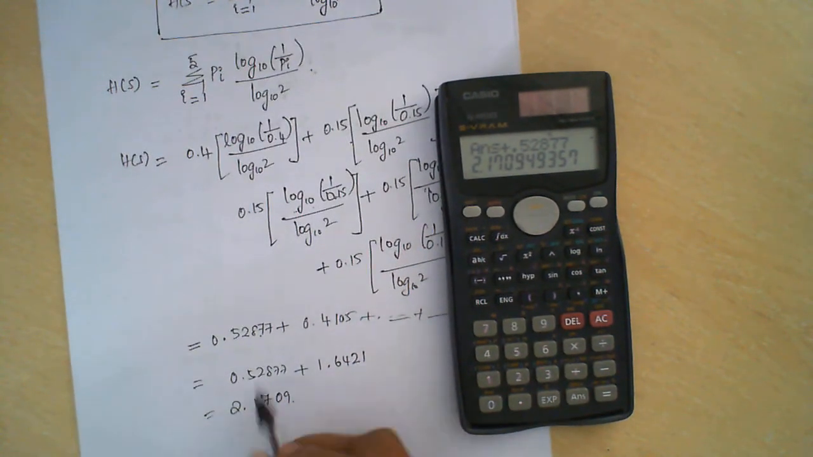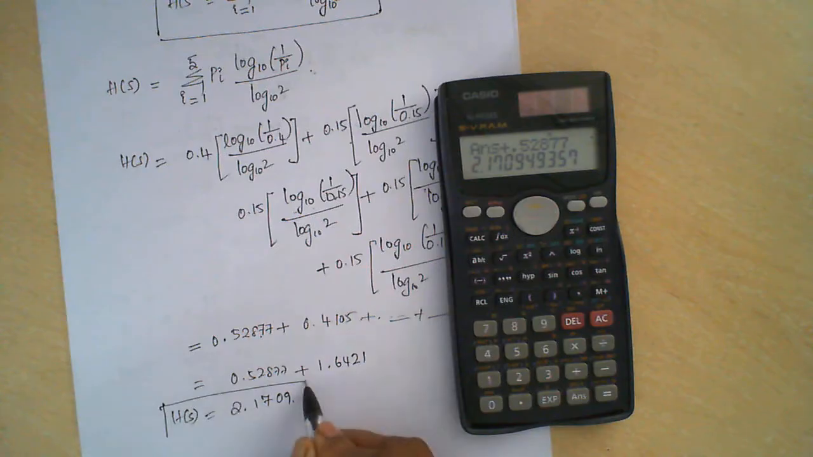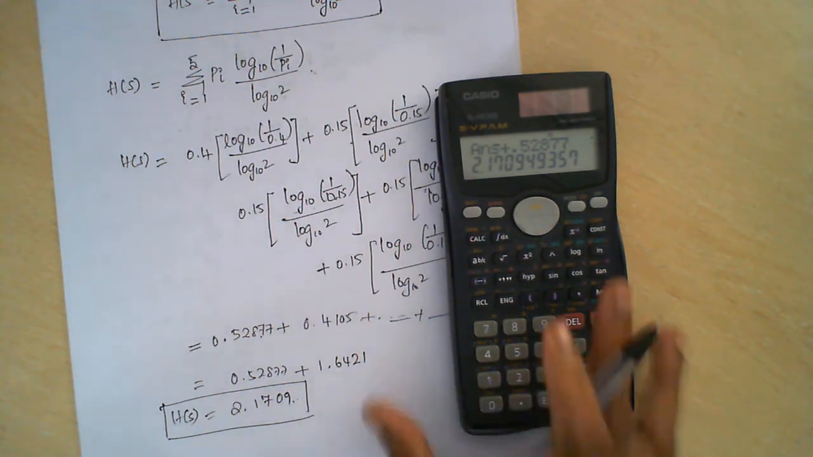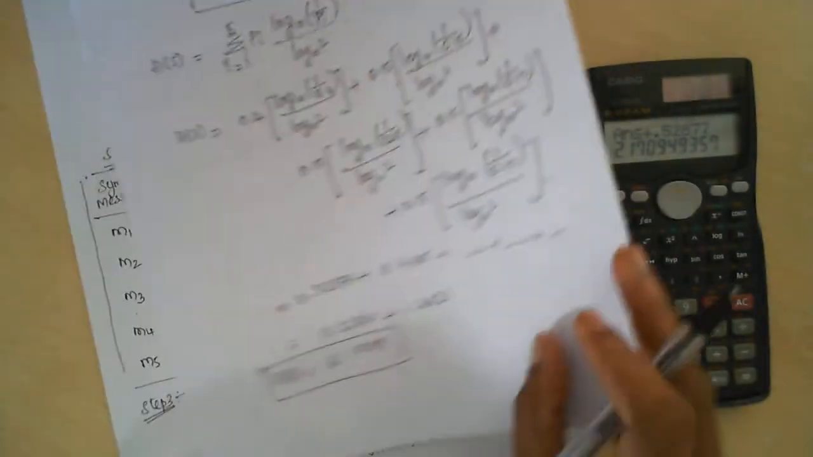You will get the answer as 2.1709. 4. So after 9 it is 4. You can just leave this value as 4 itself. So we have achieved the value of H(S) as 2.1709. Now our next step is to calculate using the formula